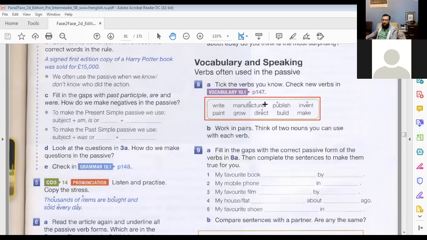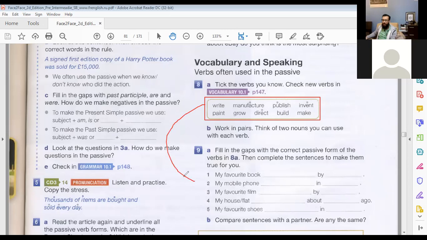Okay, manufacture. Does everybody know what it means? Manufacture. What does it mean, Sophia, when we say manufacture? Maybe صنعت. Correct. Manufacture is like make in a factory. That's right. Okay, so all of you know the verbs. Great. Now, I want you to think of a few of these verbs that we can use in the second exercise below.